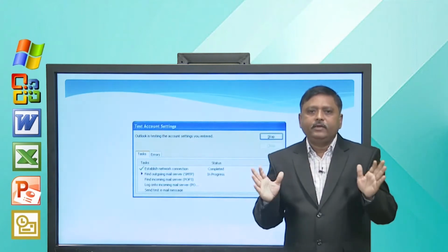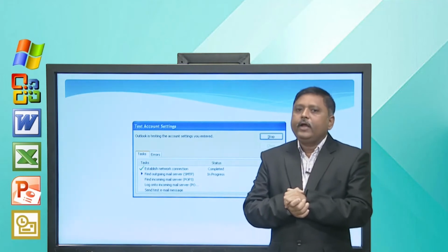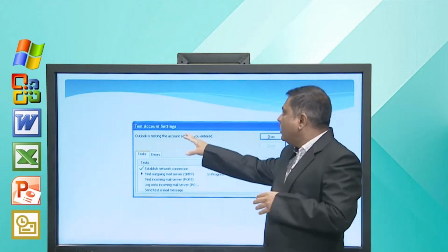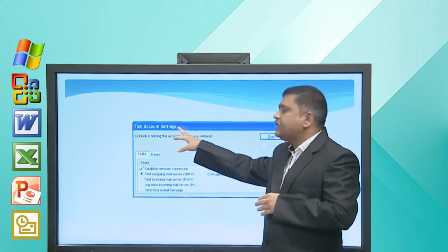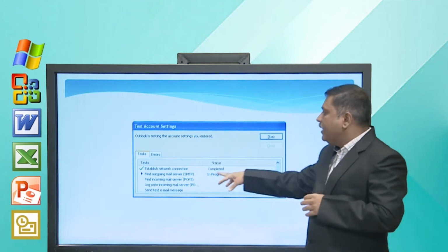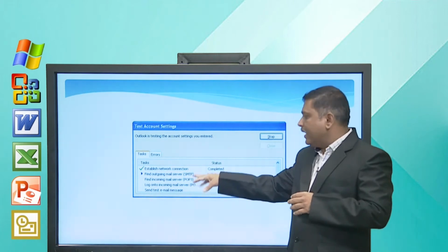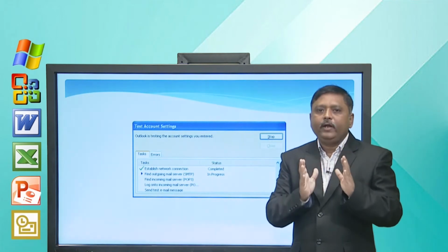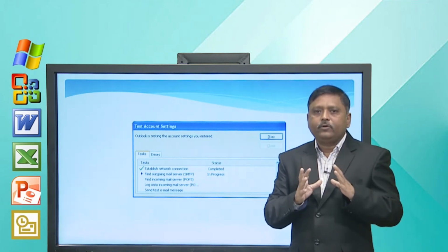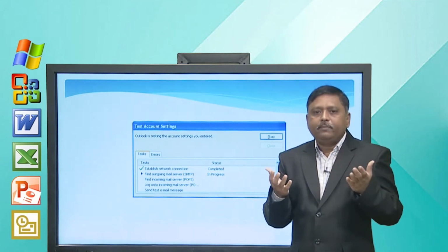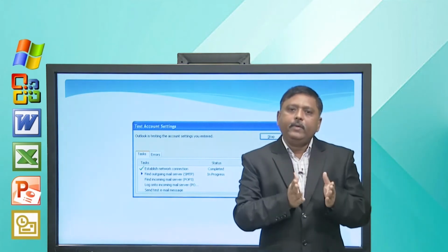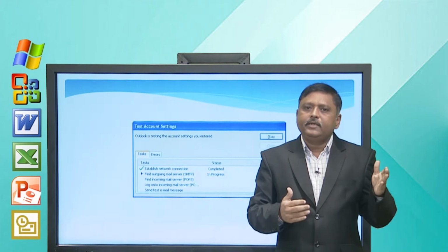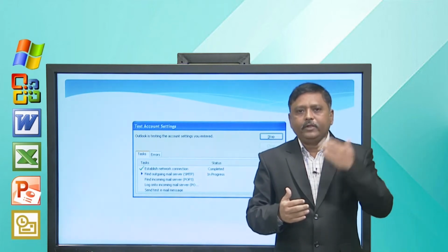Once you provide all this information and press next, based on the information provided by you, it will check the account settings. So, the test account settings dialog box will open and it will perform various tasks, and if all tasks are successful, it means that your email account is successfully tested and can be used within Microsoft Outlook. So, this is the process of setting up an email account in Outlook. Remember, before this we also had to make changes in our Gmail account in order to use it with Outlook.